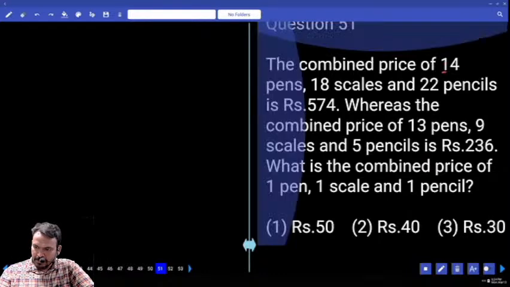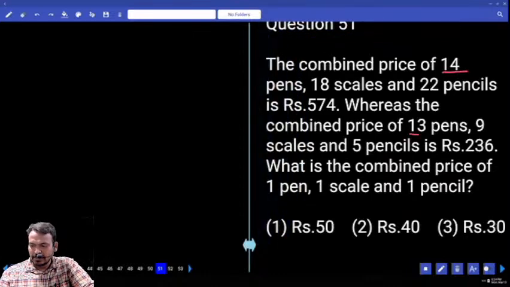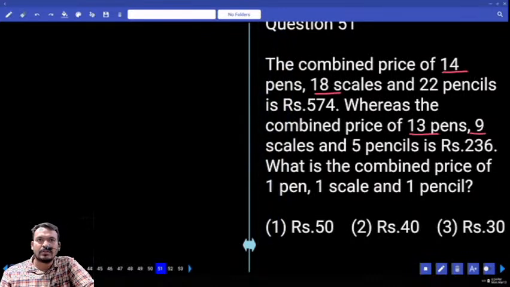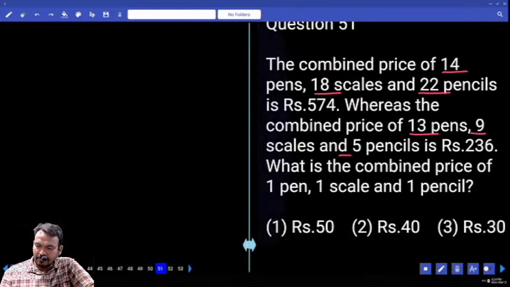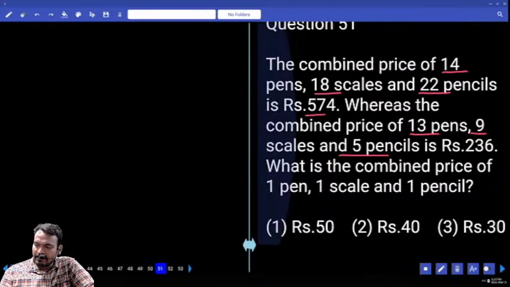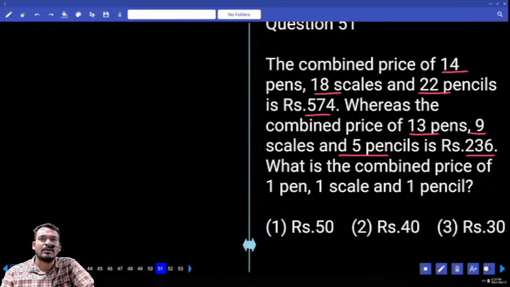14 pens and 13 pens, both are adding, 27. 18 scales and 9 scales, both are adding, 27. 22 pencils and 5 pencils, 27 pencils, are they not? Total left hand side, each one is 27, 27, 27. Left hand side values are adding means right hand side values are also adding. 574 plus 236, the total is